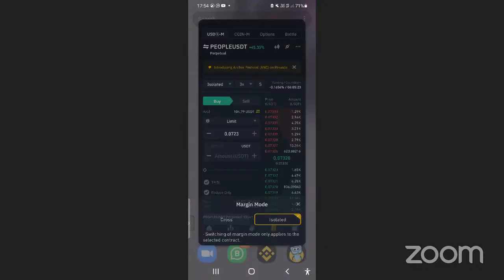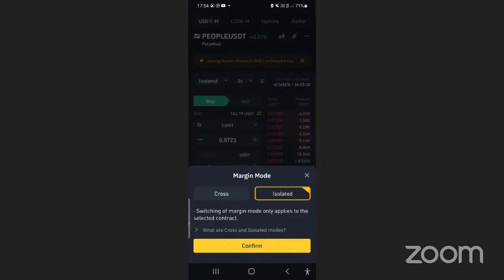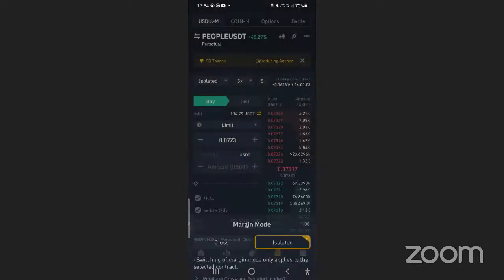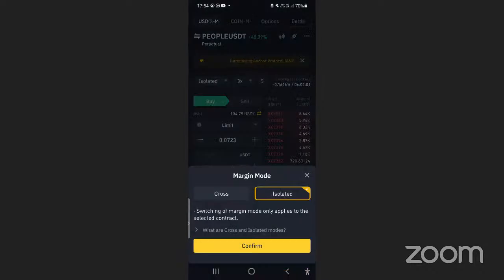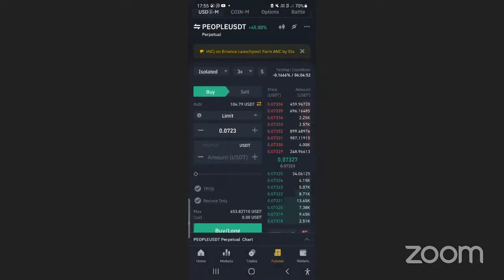Okay. Yeah. So isolated means you're just taking the position isolatedly. Your 5 USDT is what you're using, and you don't want to spend more than that. If you need to add more money to it, you will add it yourself. That is isolated. However, in cross margin mode, if I take a position on cross right now, let's say I want to trade,